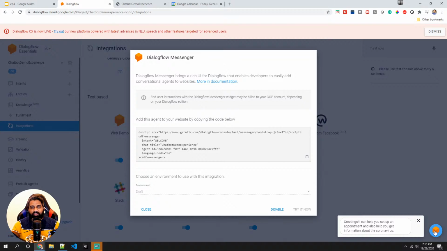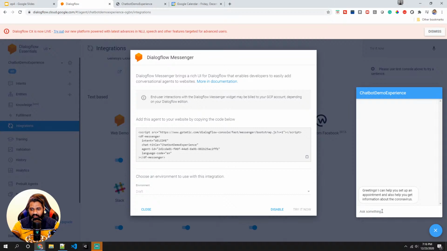You'll find this icon on the bottom right corner of your screen. Again, no need to worry, it's completely mobile responsive. So whether you're using this on mobile, a web browser, or desktop, depending on the screen, it automatically takes care of it. You don't need to worry about that. In terms of the Dialogflow Messenger, we have the same